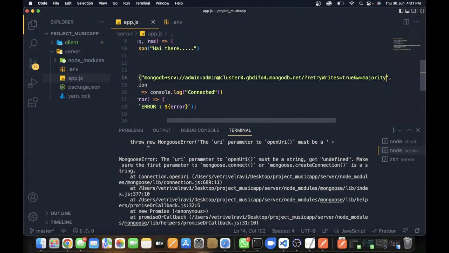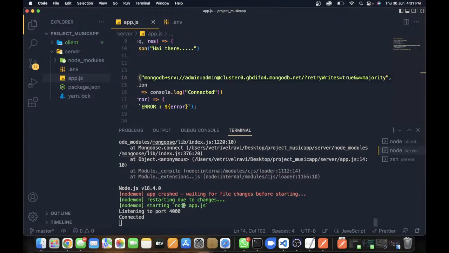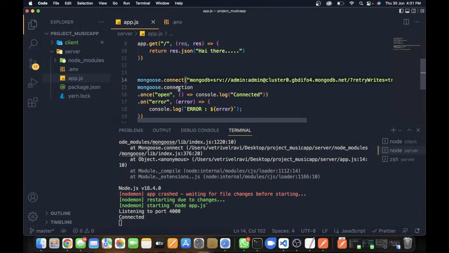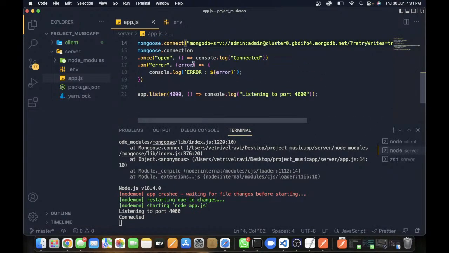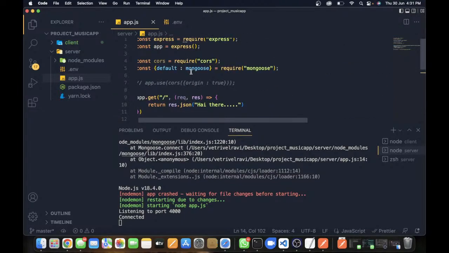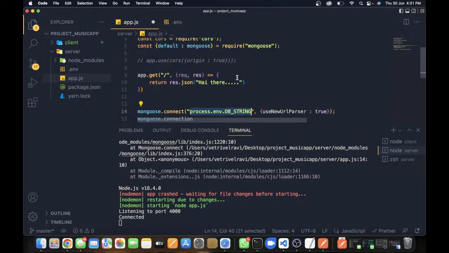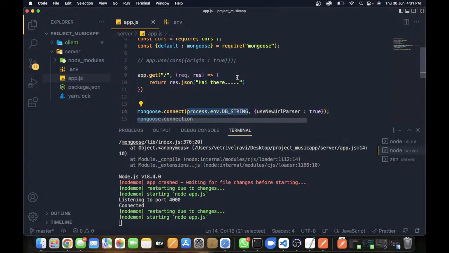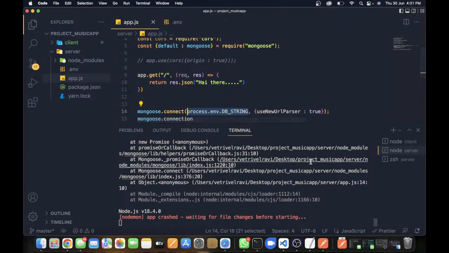Control V. Save the changes. Now we are getting connected. The problem is with our local storage. Yes, my bad. I missed one important thing. What is the problem? This problem is happening because